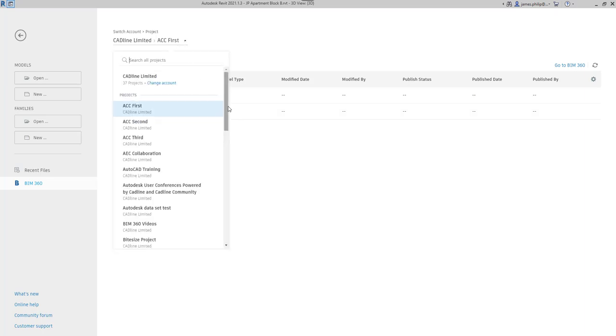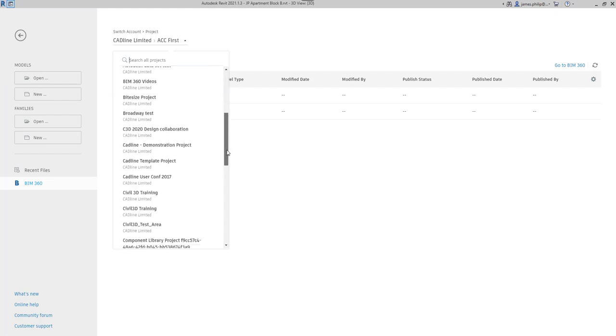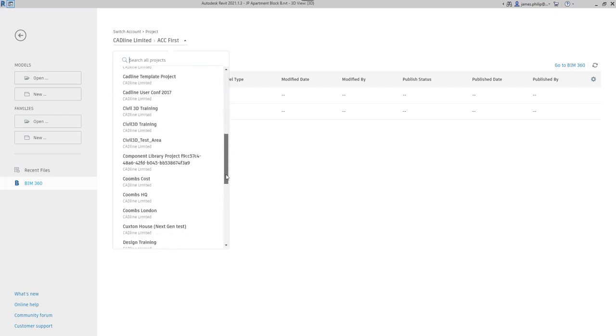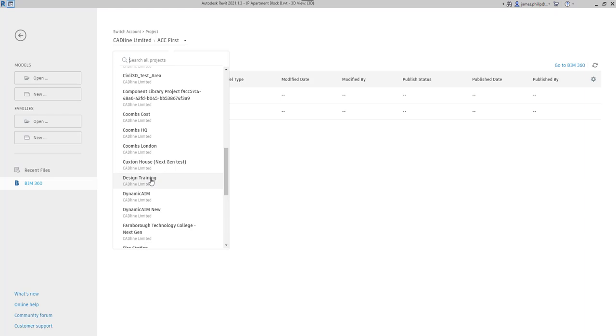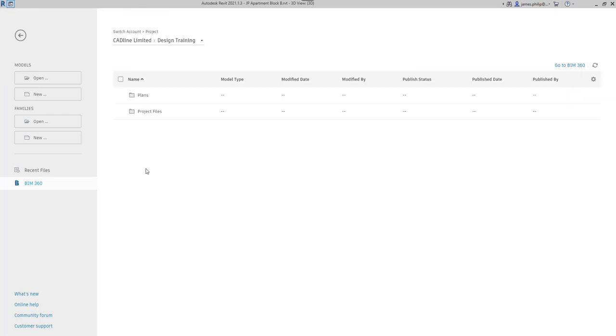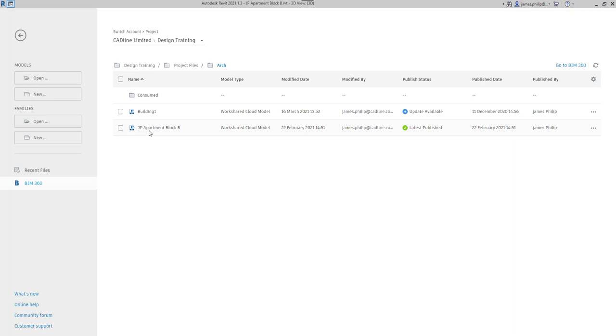So it was in my design training project, and then you navigate to the folder, so it's in my project files half, and it was in my architectural, and it was the apartment blocks. So we select it,